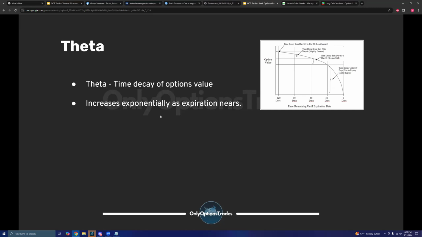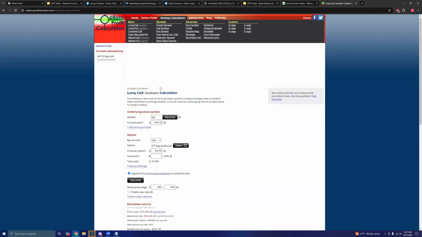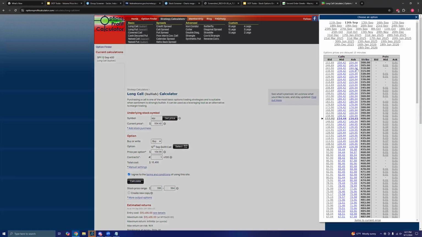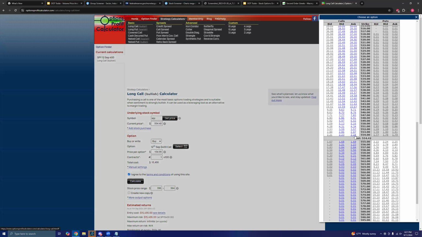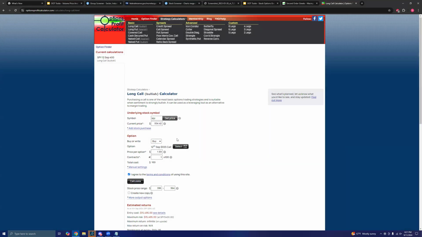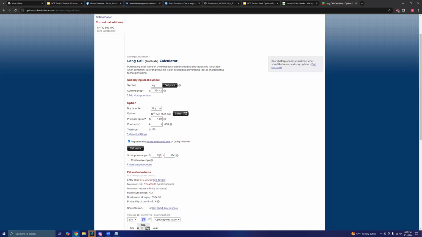And I might even just illustrate that really quick with the options profit calculator, because it might be a good way to use this. So if we just select, let's see, tomorrow expiration call, that's pretty reasonable. Tomorrow expiration, we'll say 555 at the money call. And we'll select that. Then we'll click calculate, and we'll want the stock price range. Let's just see if the stock price is between 550 and 560. And go ahead and calculate that.